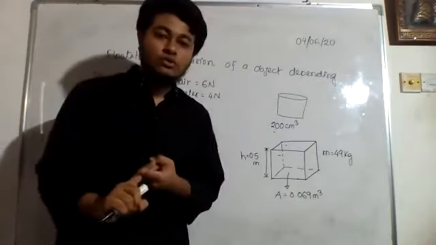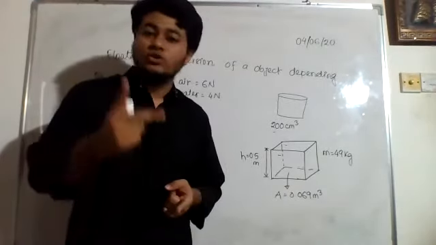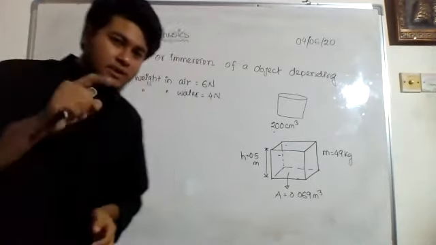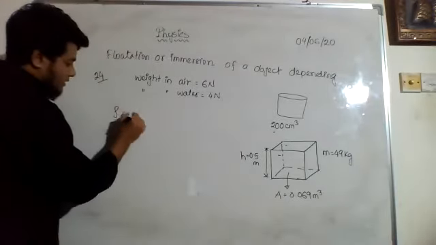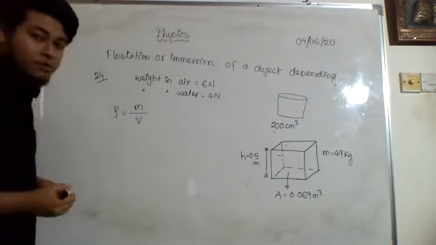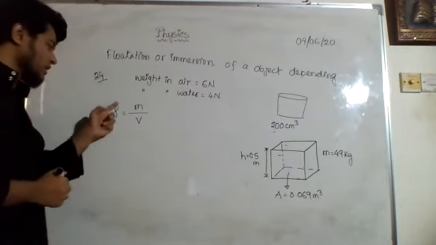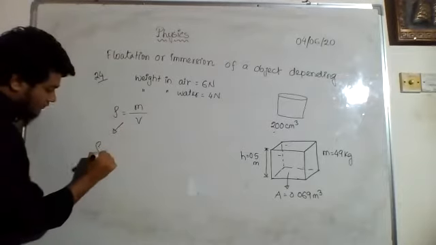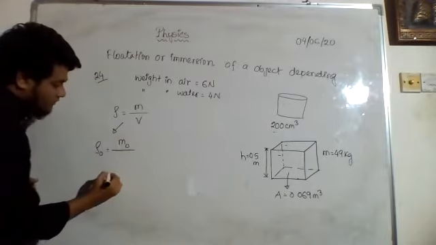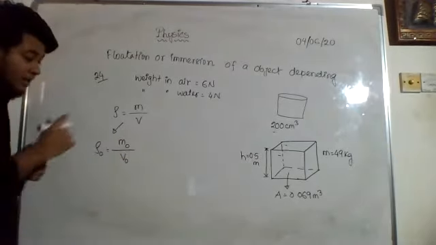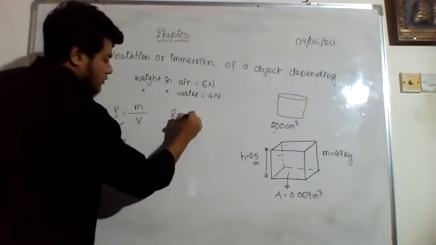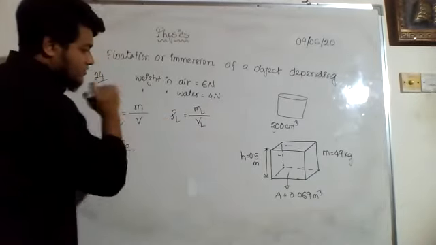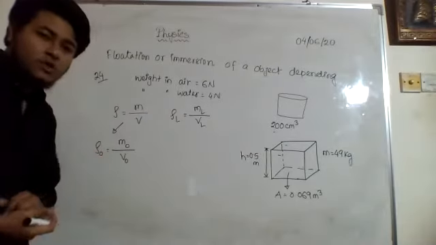Now already we got to know that in order to check what will happen, we need to know two pieces of information: the density of the object and the density of the liquid. Now what is density? If you remember, we calculate density by mass by volume. Density is equal to mass divided by volume. So to calculate the density of the object, we must know the mass and the volume of the object. And I must know the mass of the liquid and volume of the liquid in order to find the density of the liquid. So let us check, do we have all this information?